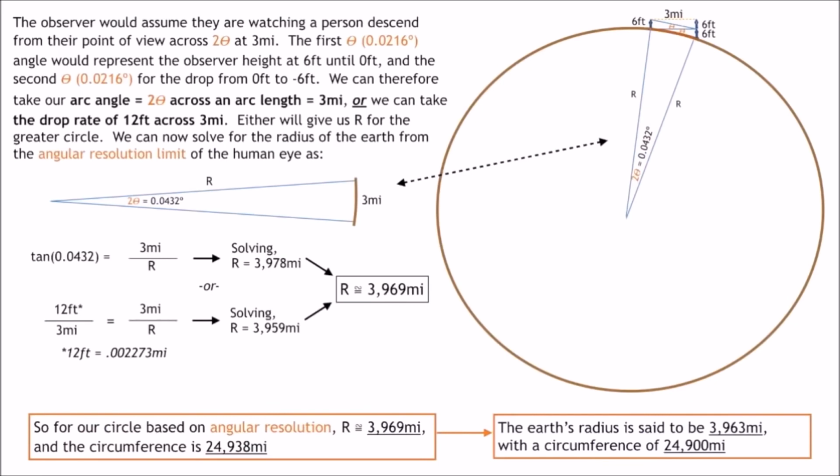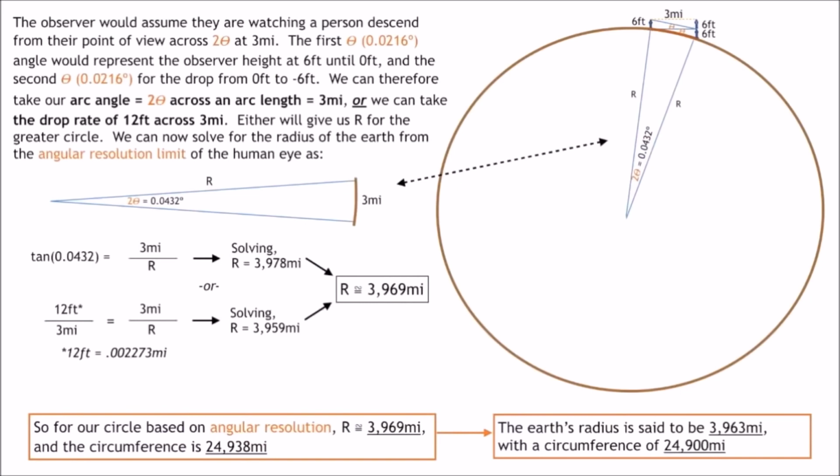Either will give us r for the greater circle. We can now solve for the radius of Earth from the angular resolution limit of the eye as our segment here with r along the radius or along the one aspect of the triangle and 3 miles as our opposite end, and the angle being across 2 theta, which is 0.0432 degrees. That will give us one number, and the alternative is to use the ratio of 12 foot over 3 miles is equal to 3 miles over r. Both will give us the numbers listed below, so we get for one number 3,978 miles, and for the other one 3,959 miles, giving us an average of